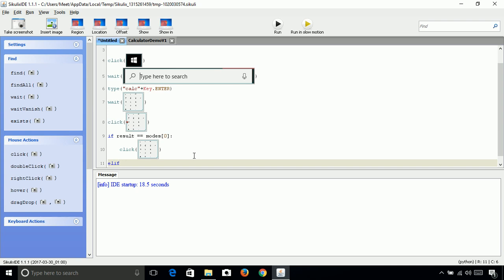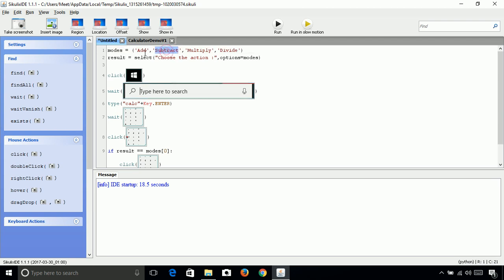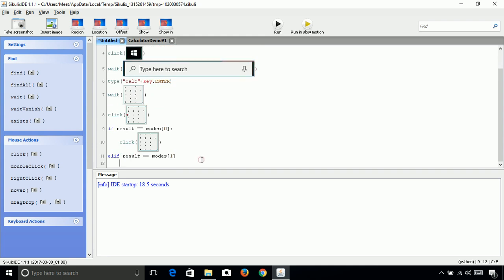If the user has not selected addition but has selected multiplication or division or subtraction, then let's compare it with: if result is equal to modes of 1, that is subtraction. Here it is the same as an array. First is the 0th element, the second will be the first, the third will be the second element, and the fourth will be the third element. So the subscript starts with 0. So it will always be 1 less than the number of elements in the options. So here, if it is modes 1,